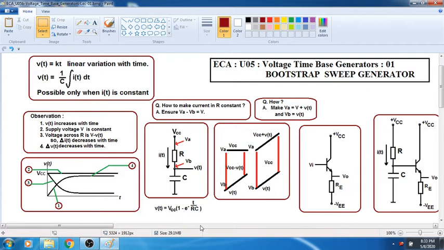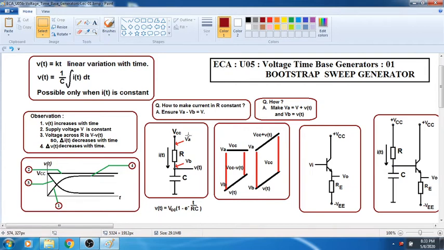For the time being, just remember that voltage time base generators are used in many electronic systems like cathode ray oscilloscopes, television receivers, sweep generators, spectrum analyzers, and all these things. So, we will discuss the real applications later, but to understand this lecture, please remember just one point, that is,